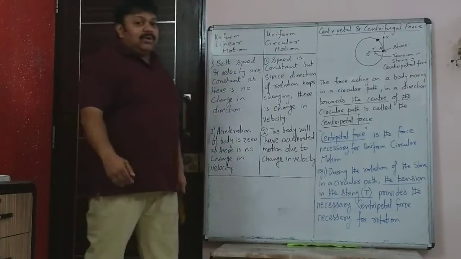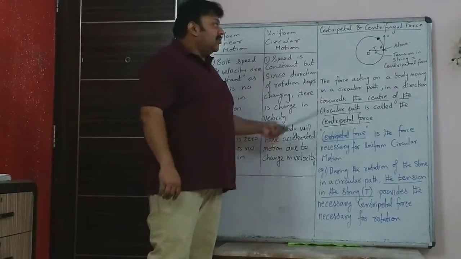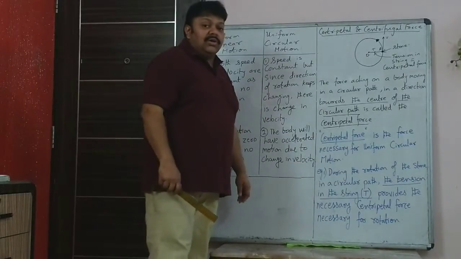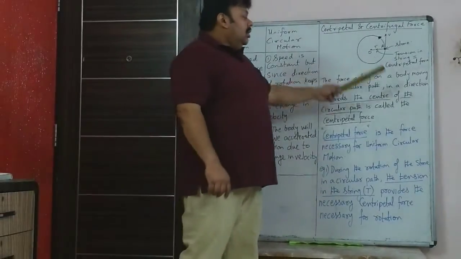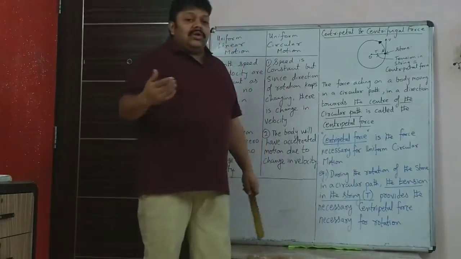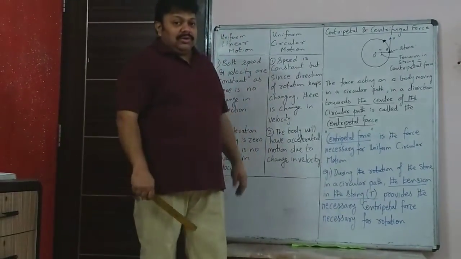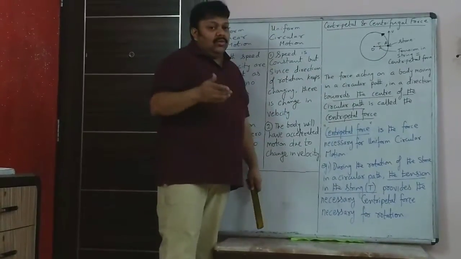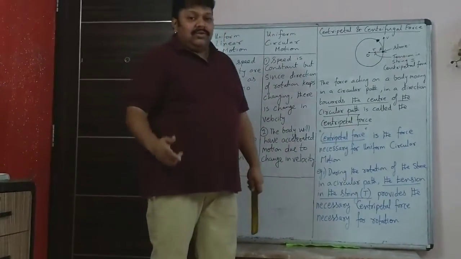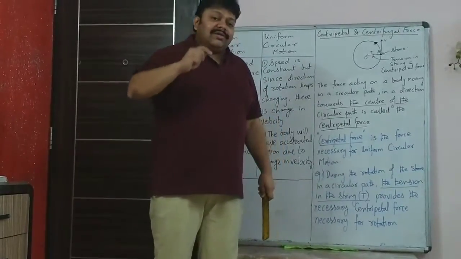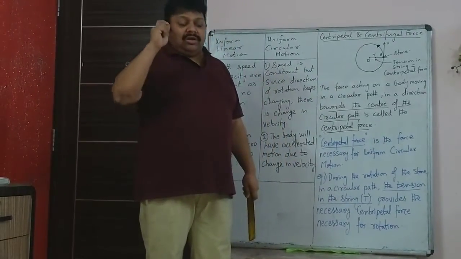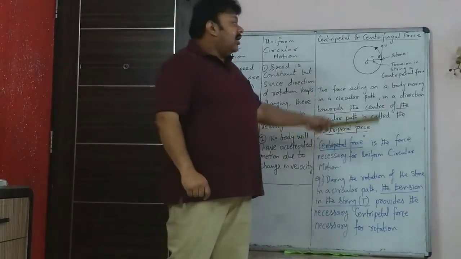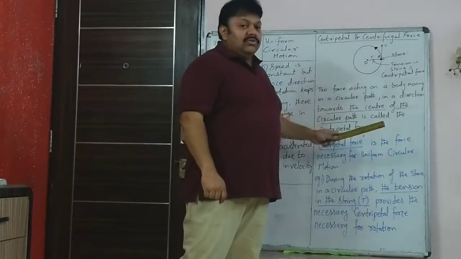Now let's see the next part, the last part of the theory part of this topic, that is the difference between centripetal and centrifugal force. Now you are considering again the same rotation of the stone in a circular path. Now what will happen if this string breaks? Obviously you were told that the stone will fly away. So it is that string, something in the string, and you can feel that force on your hand, that is required for uniform circular motion.